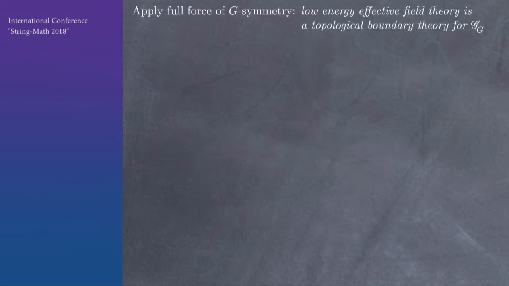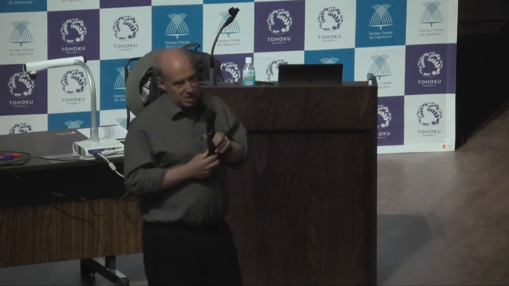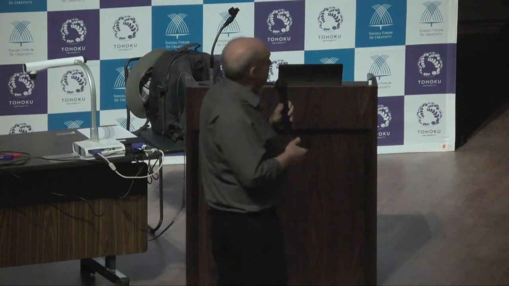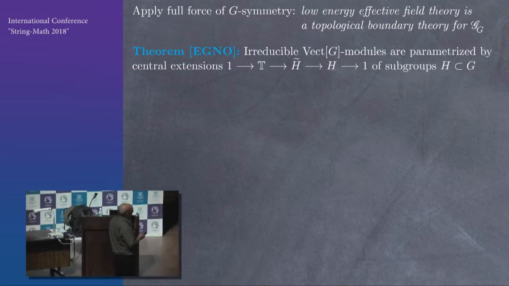Okay. So we want to apply the full force of this G symmetry. Namely, the Ising model itself is invariant under G, has this G symmetry, so we would expect the low energy topological theory to also have the G symmetry. And in the strong form, that means it has to live as the boundary of this gauge theory. It has to be a boundary theory. And, well, that's a topological boundary theory. And that question is one we can address with the cobordism hypothesis in the framework of these fully extended theories.